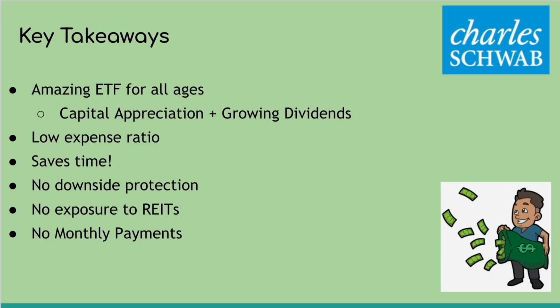Let's summarize with some key takeaways here, and that is that this really does live up to the hype that people were talking about. This is a way to get great exposure to some of the top dividend stocks for just $75. It's great for people of all ages. So in the past, we've had covered call ETFs. That might be better for investors that are closer to retirement, in retirement. We have growth ETFs like the triple Qs. That might be better for young investors. But SCHD, this really does give a legitimate chance of both capital appreciation, and it also has a chance of growing that snowball of dividend payments.